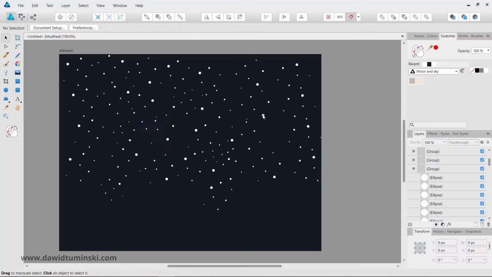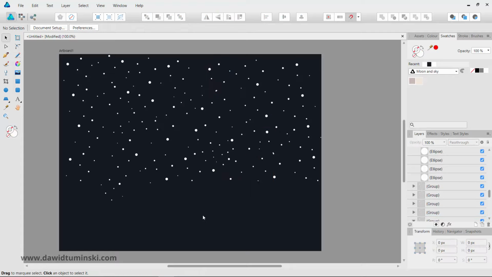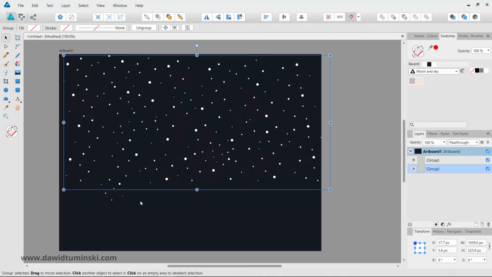Right, so we got the stars and we got a bunch of them. So now I guess it's time to start creating the moon here in the top left corner. But before we do that, let's quickly grab all these stars, all these groups, and group the groups. So I'm simply pressing Ctrl G. I think I missed this guy. So again, select all the groups,